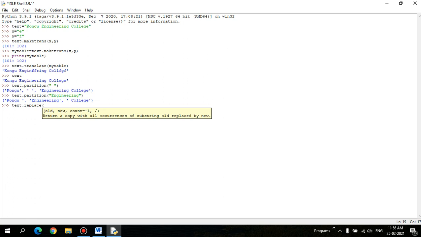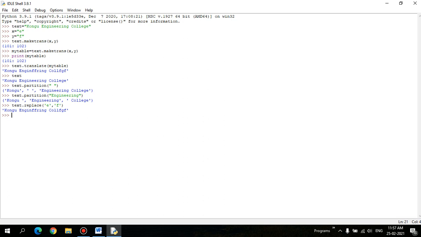This is almost similar to the maketrans function. So I'm going to search for the same E, and it has to return F, so E comma F because it is a string.